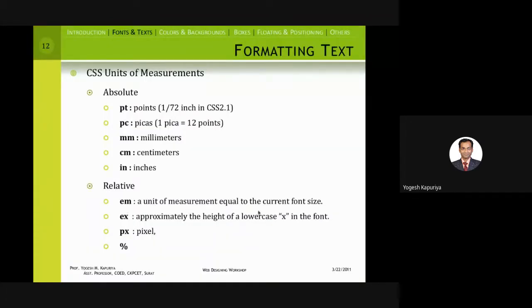So EM is a unit of measurement equal to the current font size, that means 1 EM is equal to the current font size. If I change to 1.5, remember you can also give values in fractions. If I write 0.8, that means it is 20% smaller than the current size. So this is the relative unit which is also used.